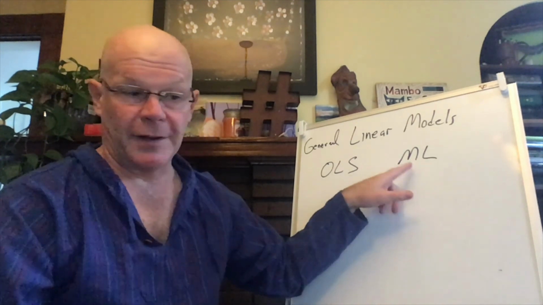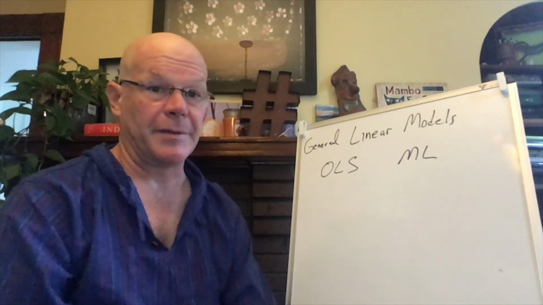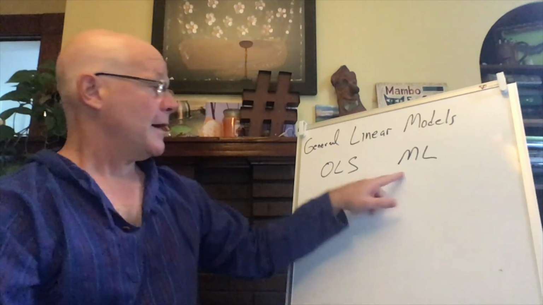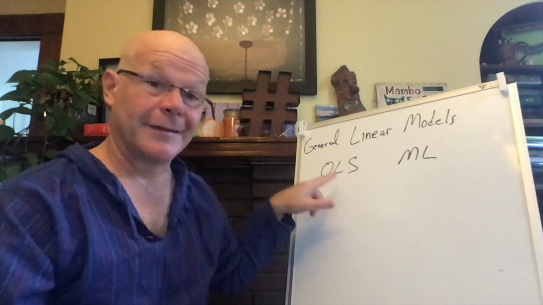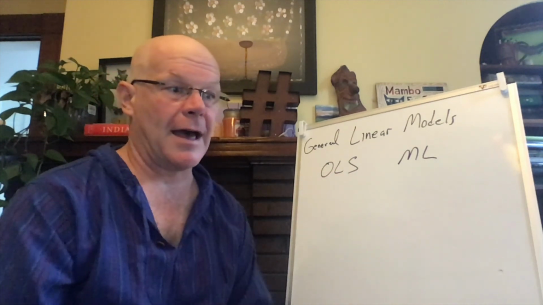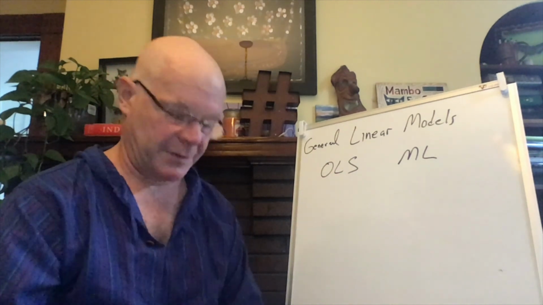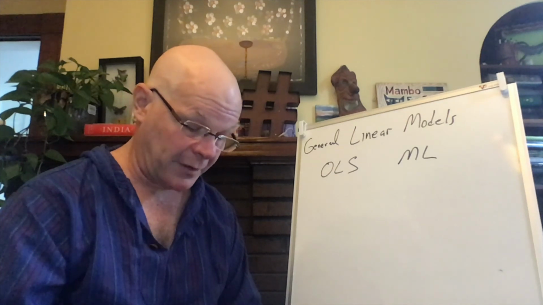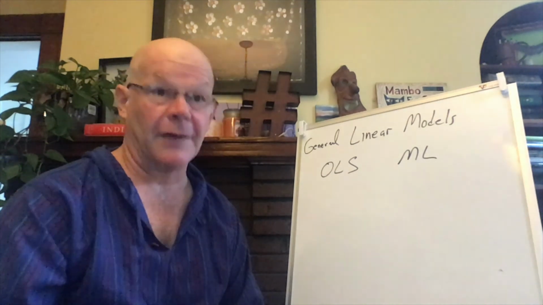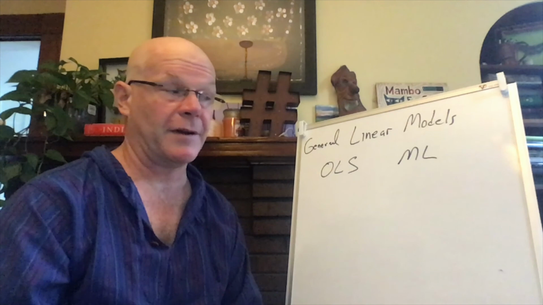And as a consequence, maximum likelihood tends to be biased. Ordinary least squares is not biased as long as our data meet the assumptions of the model. And one important assumption of the model is that the leftover variation or the residual variation